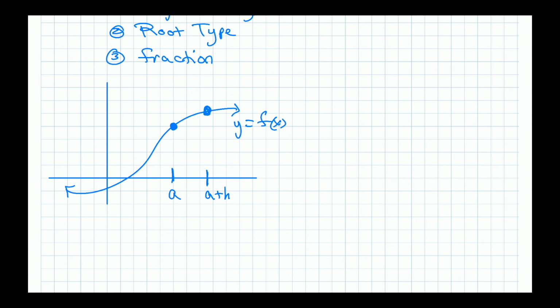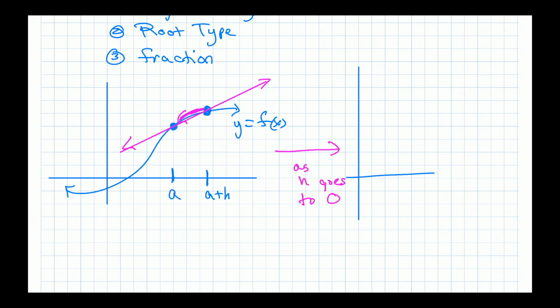And we were guessing at what the slope would be if we took this point over here and we just slid it towards the other point. Then what we'll have is a secant line like this will become, as h goes to 0,